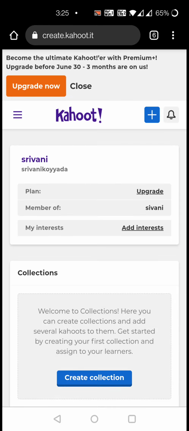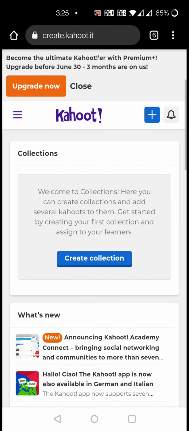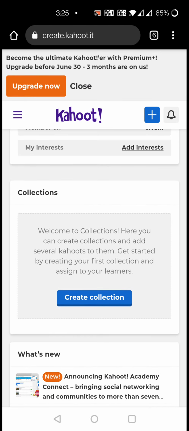I already conducted so many quizzes for my students in the Kahoot app. In the same way, I'll tell you how to conduct one. If it is your first time, it will ask you to go with the premiums. If you are using mobile, it will ask you in this way, so don't go through any of these things. If you are using a desktop, then the first time you enter it will also ask you to go through different plans. Then just click on thanks, go.